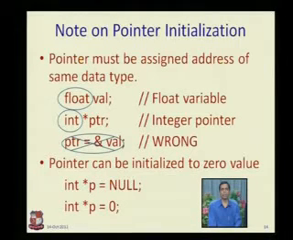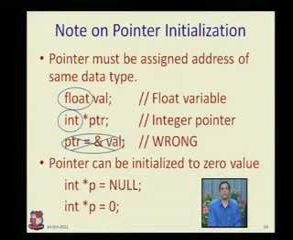PTR is an integer pointer, VAL should also be an integer, but I have declared it as a float. So I cannot do this. I cannot assign a float address to an integer pointer. So this is wrong. Okay, another point to note about pointer initialization is that a pointer can be initialized to 0